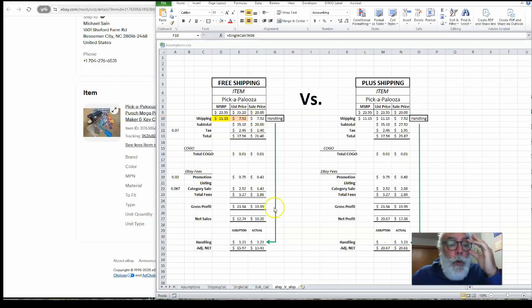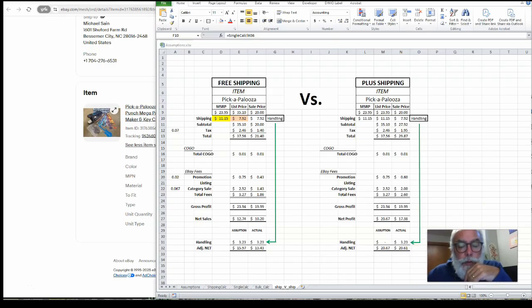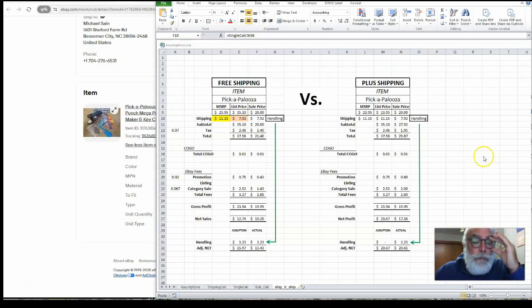Now, over to versus plus shipping. Can you make more money, bottom line, by doing it this way? And I think we're going to find out that yes, you can. And the question then becomes is it worth it? Is it worth it? And will your sales be impacted? And some people say maybe, some people say yes, some people say no. But